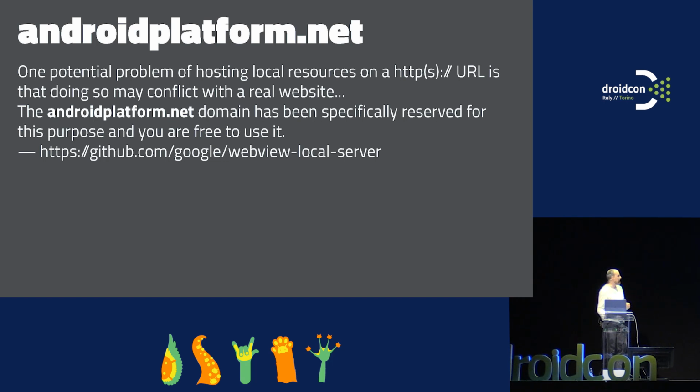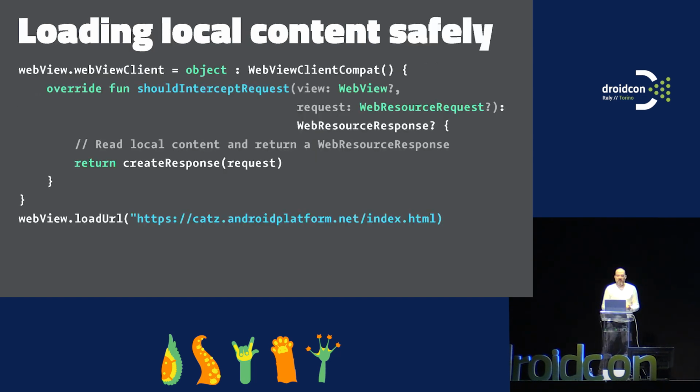There is an implementation from Google. You find it on github.com, Google WebView local server. And it works like this. You create your WebViewClientCompat object. You override shouldInterceptRequest. And in that one, that function gets a WebResourceRequest as parameter, and it returns a WebResourceResponse. So you can think of this as an in-memory embedded web server that doesn't go over the network. There's no TCP socket included here. You create a response with this one,